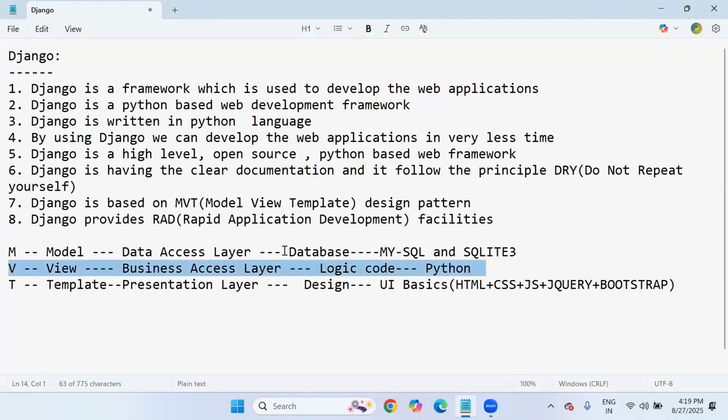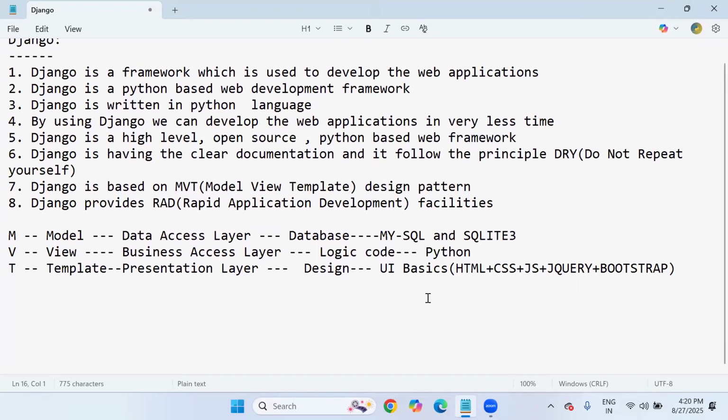Model represents the database, view represents logic, that is Python, and T represents template, that is design, UI basics only, UI technologies. In total, we are going to follow a 3-layer architecture in Django development. This is just roughly giving an idea. Later we will go through MVT architecture with diagrammatic representation so that you'll understand the development process. Okay, so don't forget this is just a basic introduction.